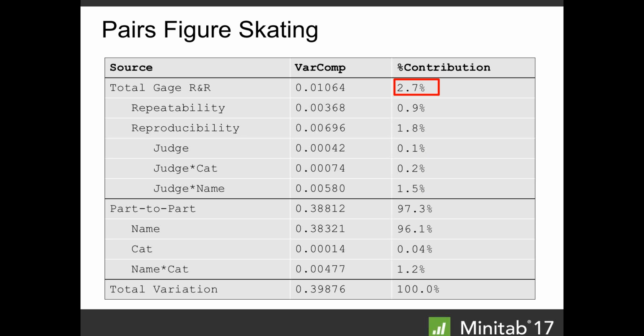So, although diving was worse, in this case, if we wanted to improve our measurement system, we would look at the judging bias first, as opposed to diving, where that would be one of the last things we would consider. But in our case, we have a very specific question. Good enough to know that that's the biggest source of